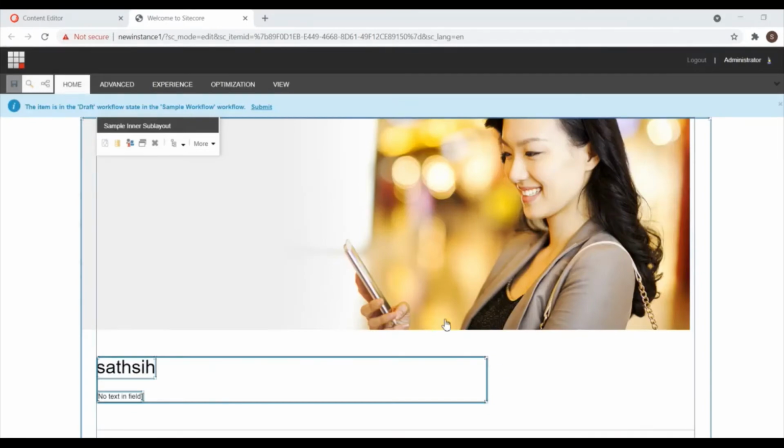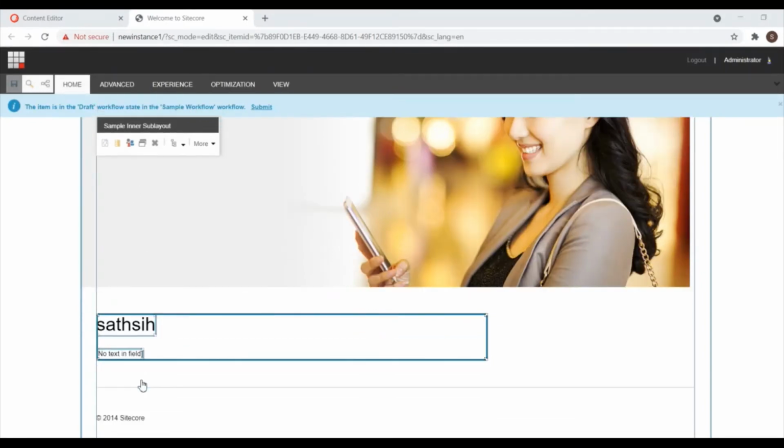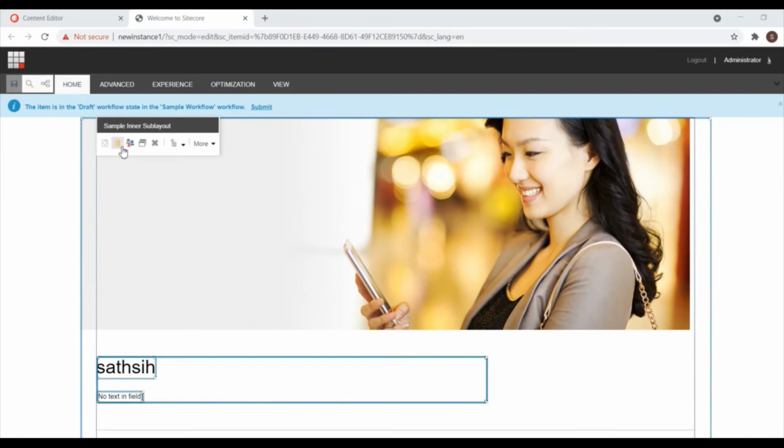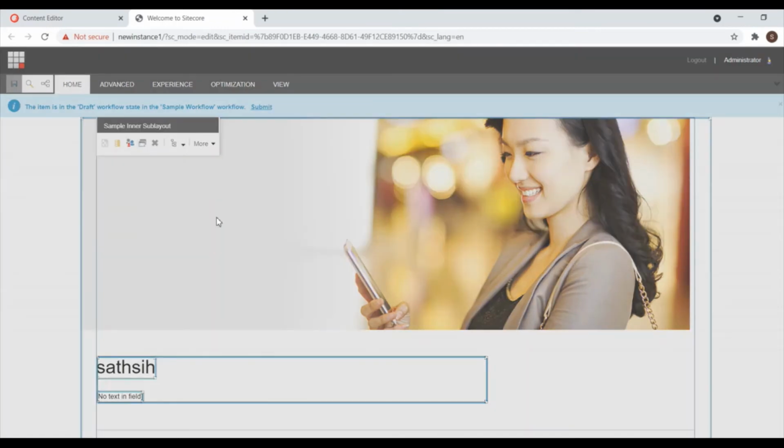For component A/B testing, you need to create a variant, and another data source you need to provide. So based on this and the goals you are setting, the historical data will be collected, and the page you are loading will be shown with the different data source component. For now the component is loaded, this is the component. On this component, I'm going to do a component test. Test the component.